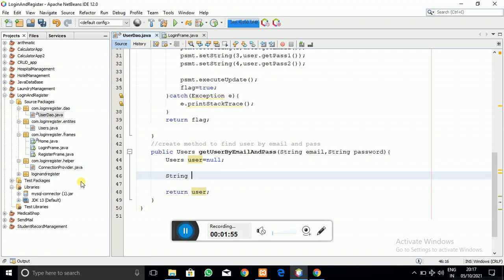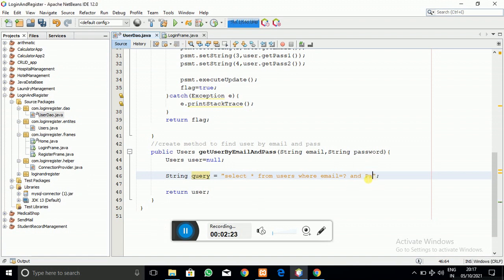Now I am going to create the MySQL query: select star from users, which is our database table, where email is equal to question mark, that is the placeholder, and password is equal to question mark, with the same name as in the database.